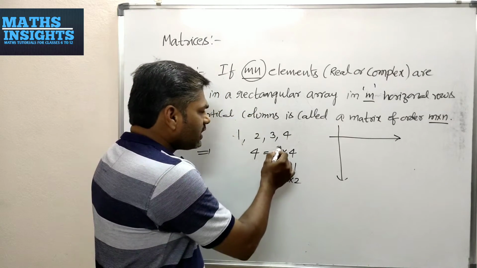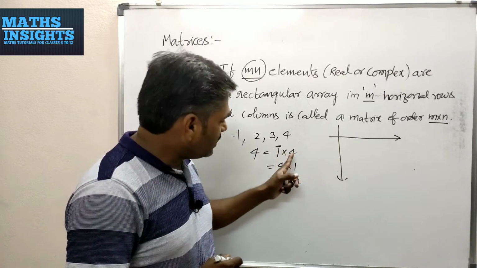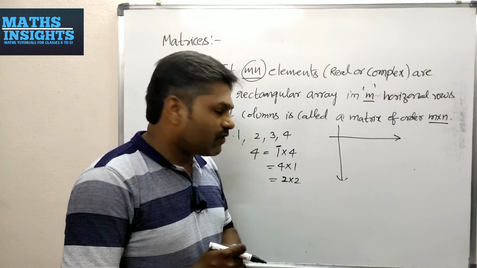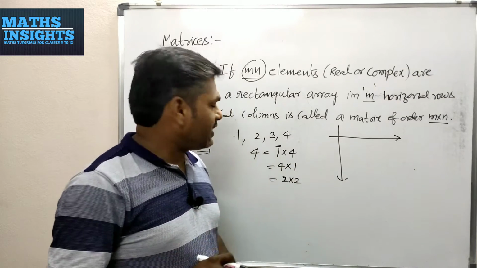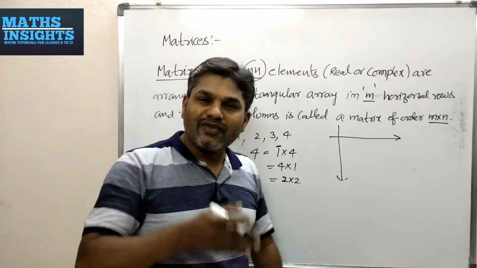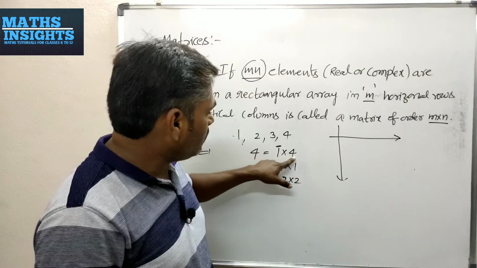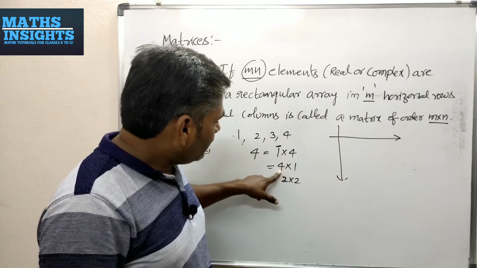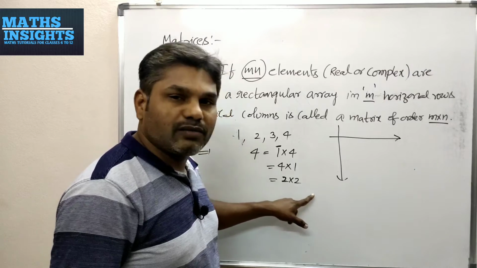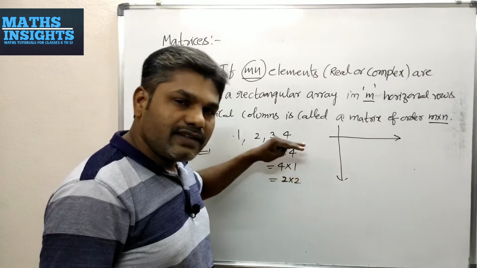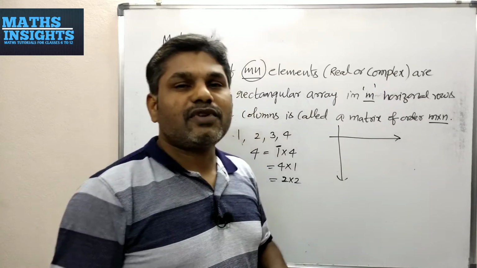See how many. The first one is called the number of rows and the second one is called number of columns. This number indicates the horizontal arrangement. This number indicates the vertical arrangement. See how many rows are there? 1 row, 4 columns; 4 rows, 1 column; 2 rows and 2 columns. If you multiply these, you will get 4 again, which is the total number of elements in the matrix.